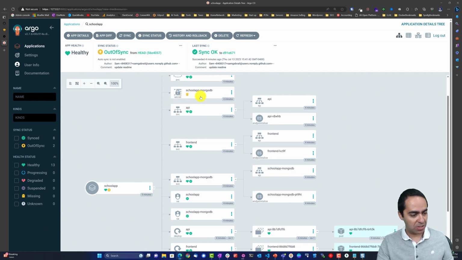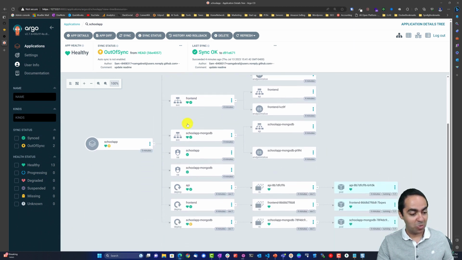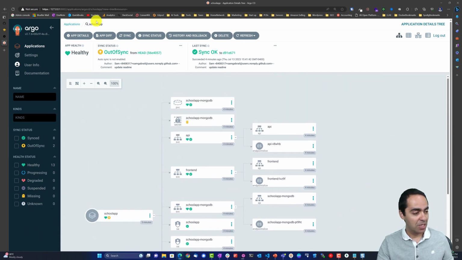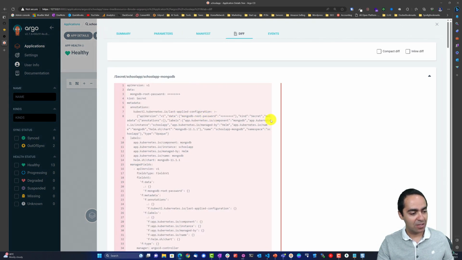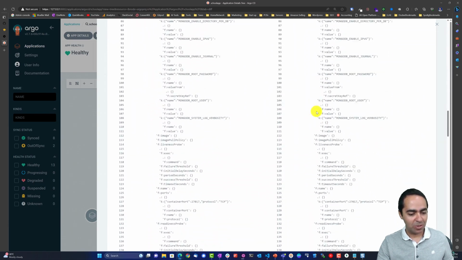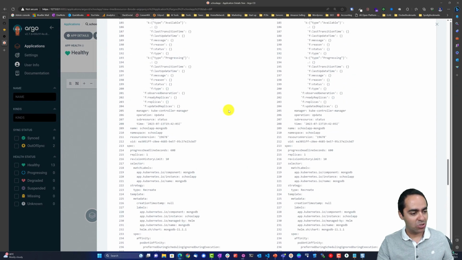So we can see that the school app MongoDB secret is looking to be deleted because that's what we want, right? We don't want authentication. But also the deployment looks like we have a change here as well. So we can run app diff once again to see what's going on. I can see that my secret here looks like it's going to get deleted. And if we scroll down a little bit more, looks like there is a change also in